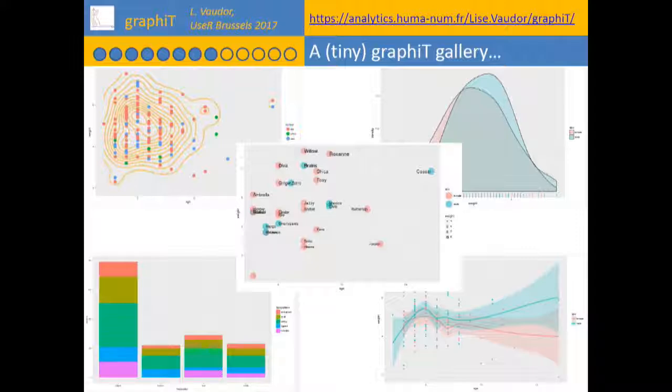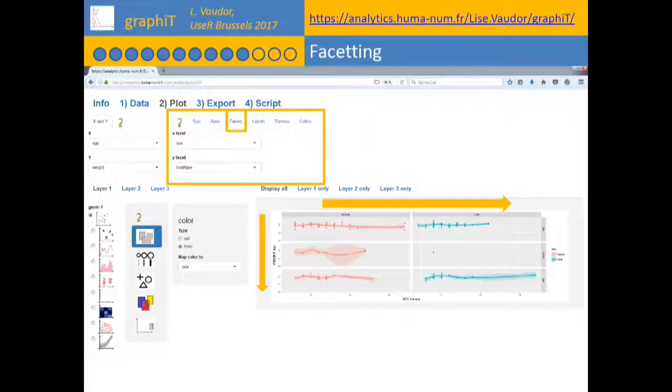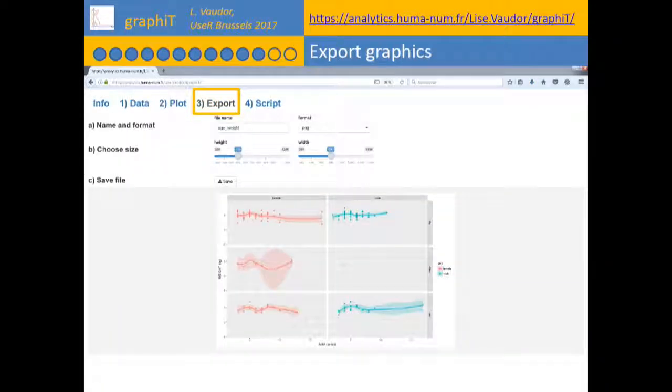Now, for each of these graphics, you have the possibility to set a certain amount of general parameters, like height and width, axis labels, axis transforms, the themes, the color scales, and so on. And you also get to use one very useful feature of ggplot, which is facets. That's to say that you can multiply facets of one graphic according to the levels of categorical variables. So here, for instance, I got facets according to sex horizontally and type of cat food